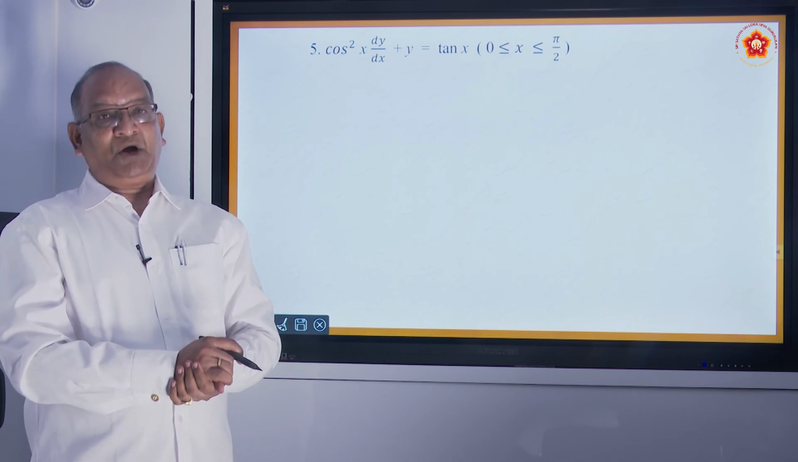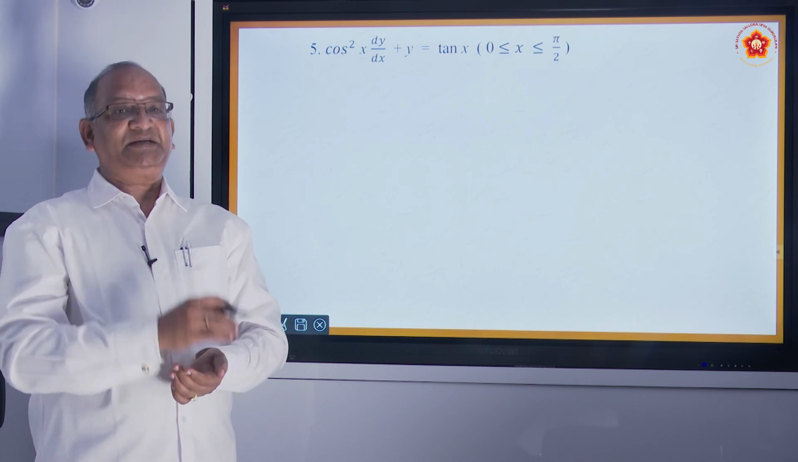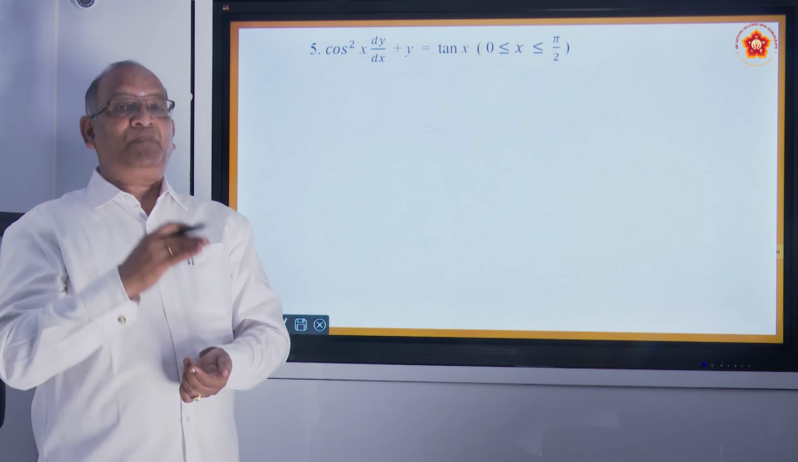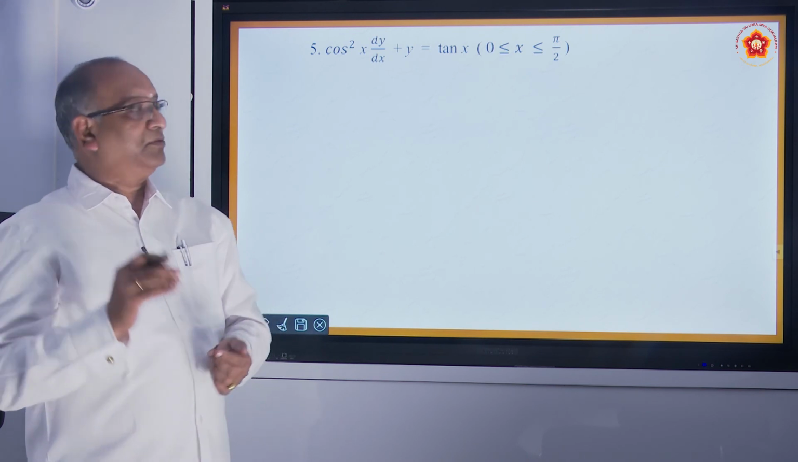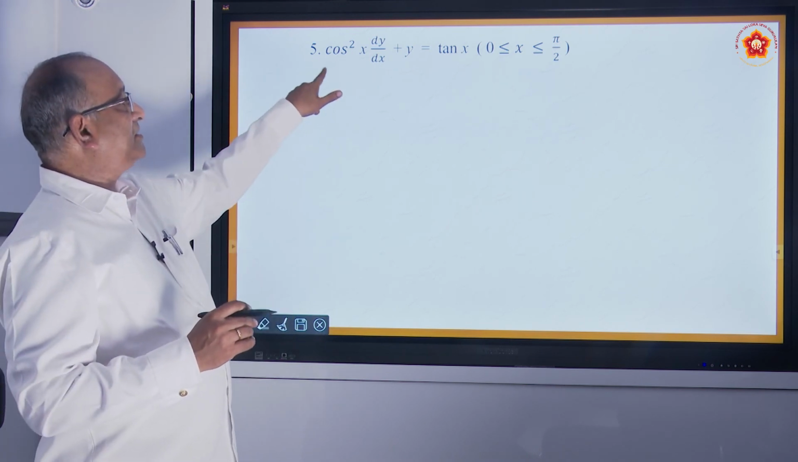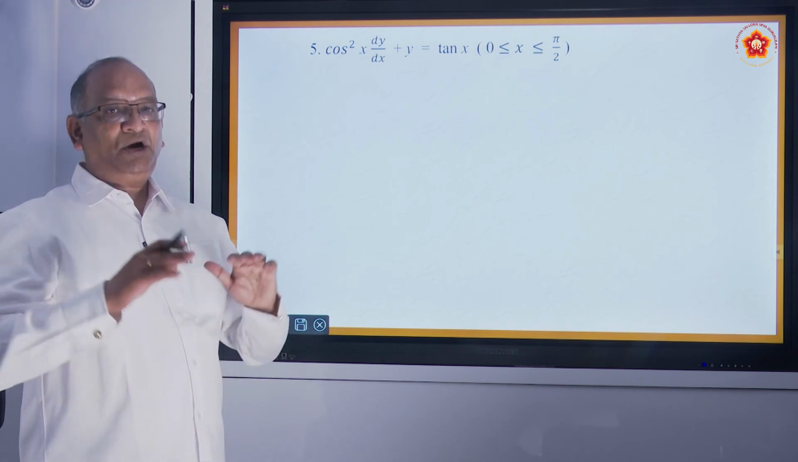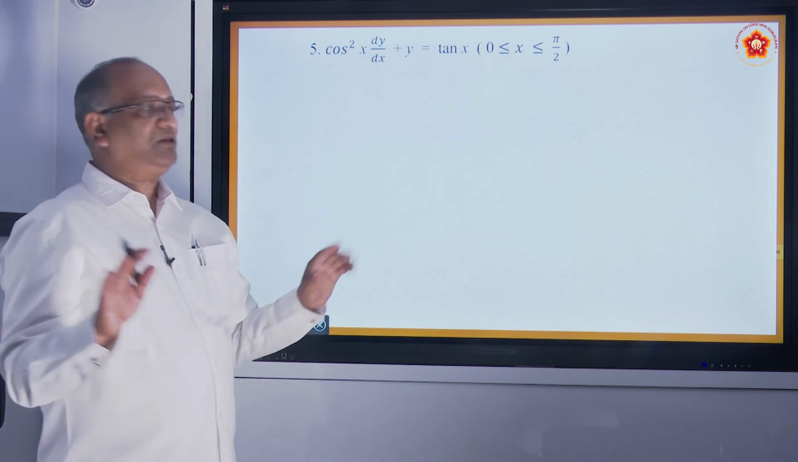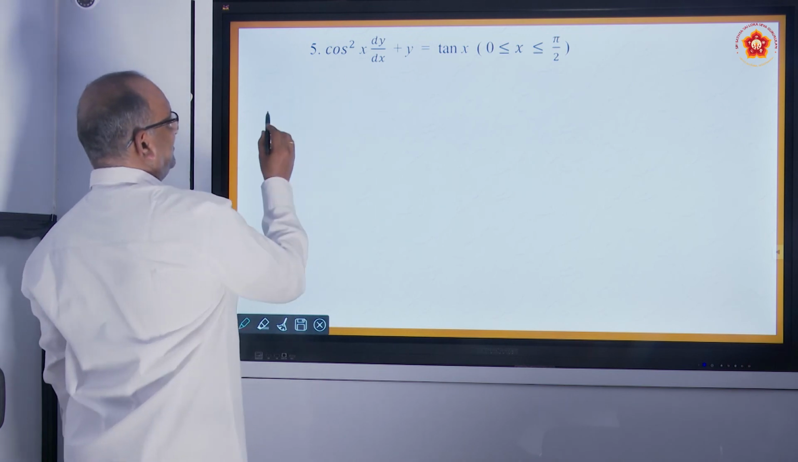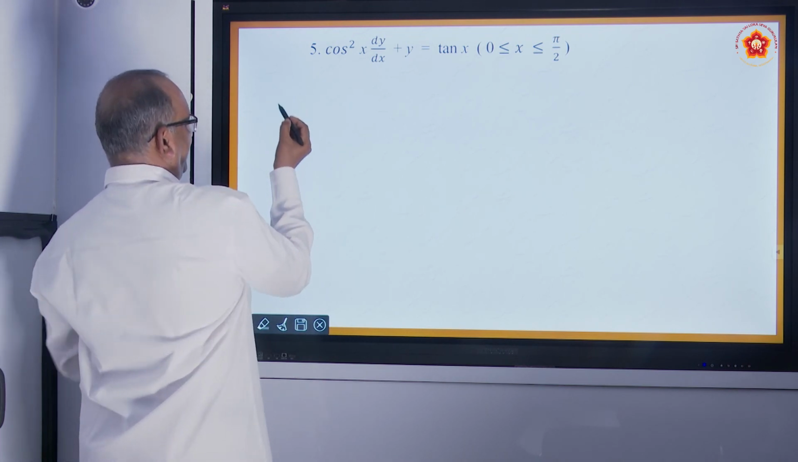Why? Because the standard equation is dy by dx plus py equal to q. But with dy by dx, we have got something else. So in order to change it, divide the whole thing by cos square x. So what can this equation be written as? This can be written as